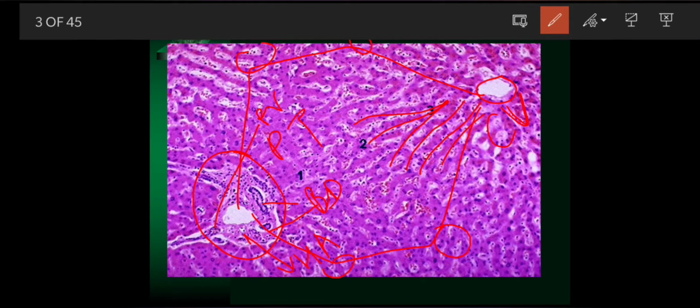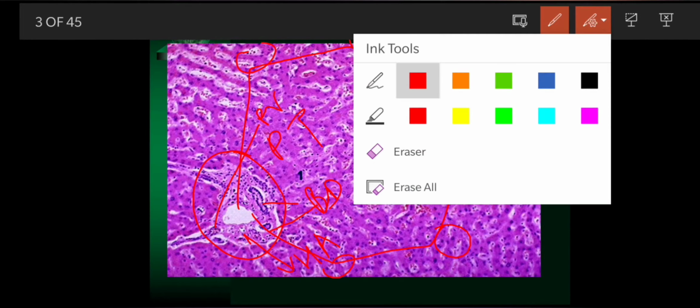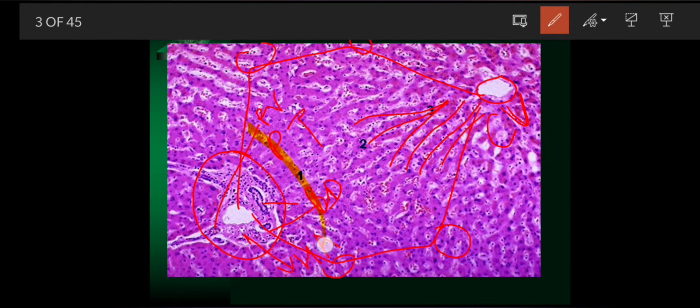Now the blood supply to the liver flows from the portal triads to the central vein. Accordingly, the hepatic parenchyma of the liver lobule is divided into 3 zones. So you divide it into 3 zones, 1, 2, and this is the 3rd zone. So what is zone 1? Zone 1 is also known as the periportal area. This is the nearest zone to the portal triad.